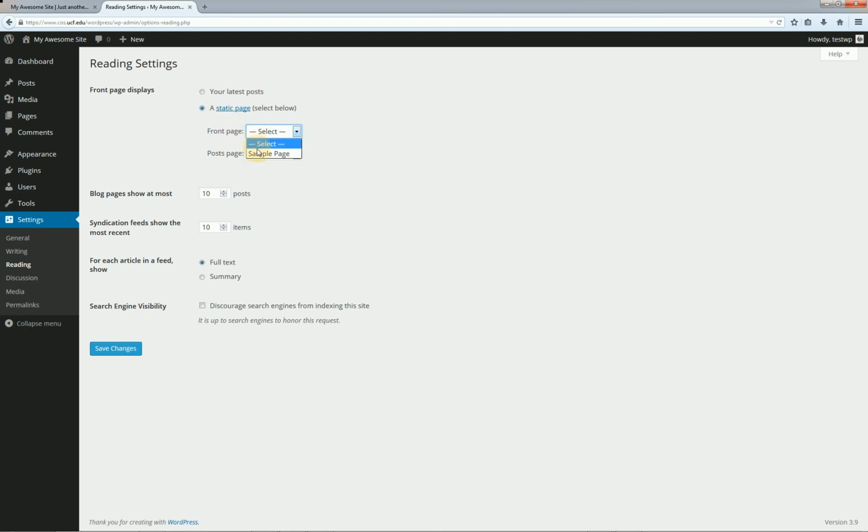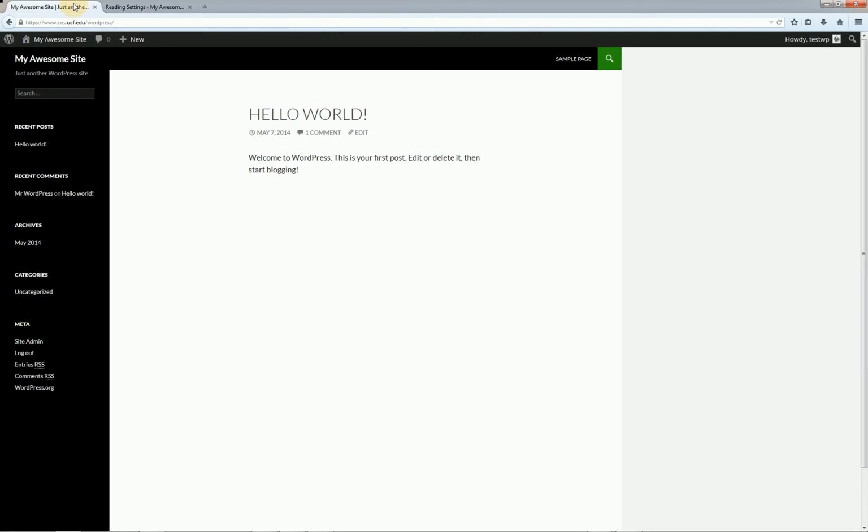an existing page. So once we create a bunch of pages, as you'll see in the next videos, we can come back here and select any of these pages. So right now there's only one page, so that's the only one that's showing up. But after we create a few, this list will dynamically be populated. So if I go ahead and set this to sample page and hit save changes, and we go back and refresh,